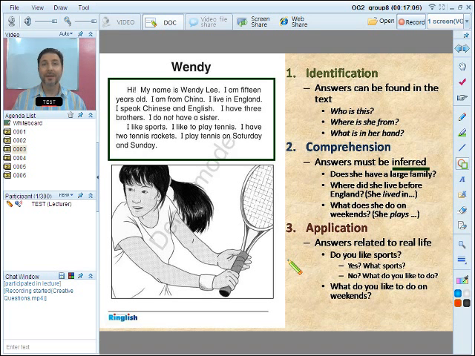Okay? And in the end, the student's going to feel, wow, I had a lesson. So this is pretty cool. Now next, where did she live before England? Now the student has to think about that question. Where did she live before England? Now maybe the student says,